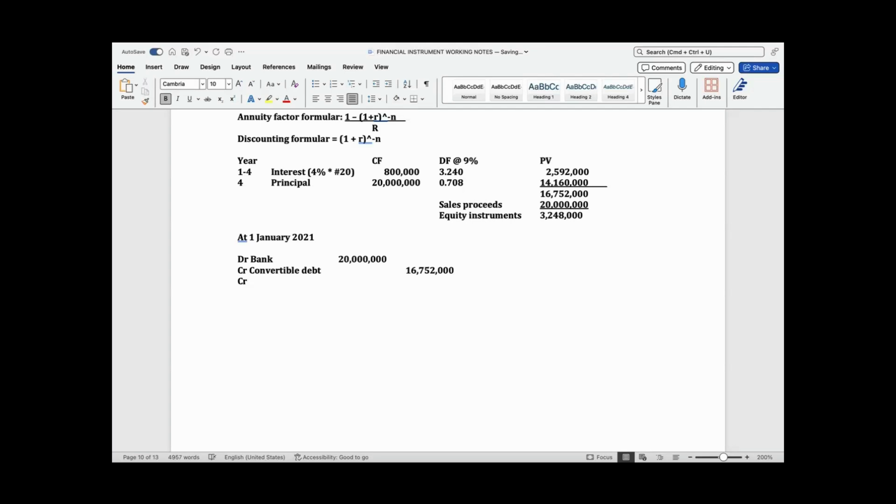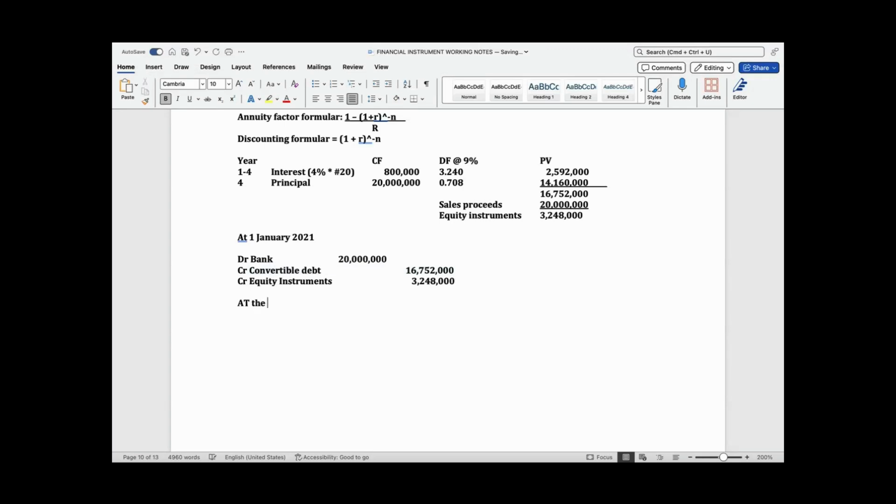We'll credit equity instruments under equity with 3,248,000. So this is what goes to financial liability. This is what goes to equity. So now, with these figures,